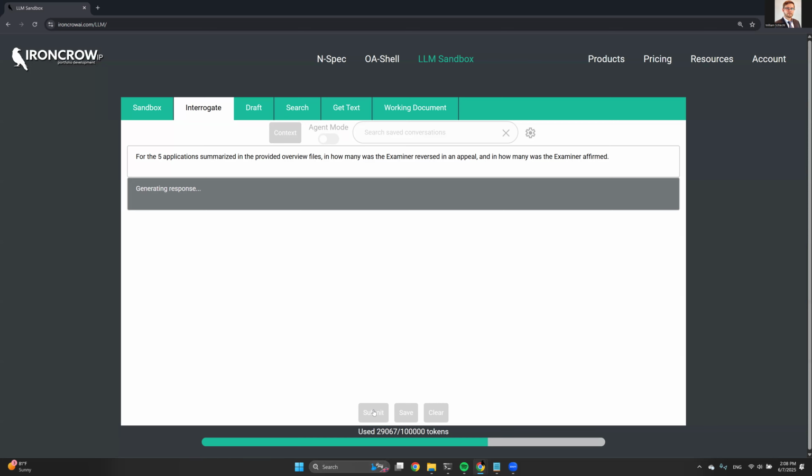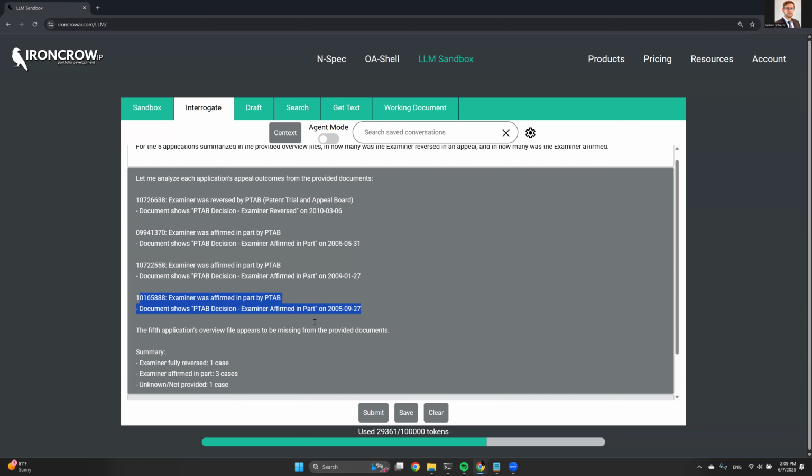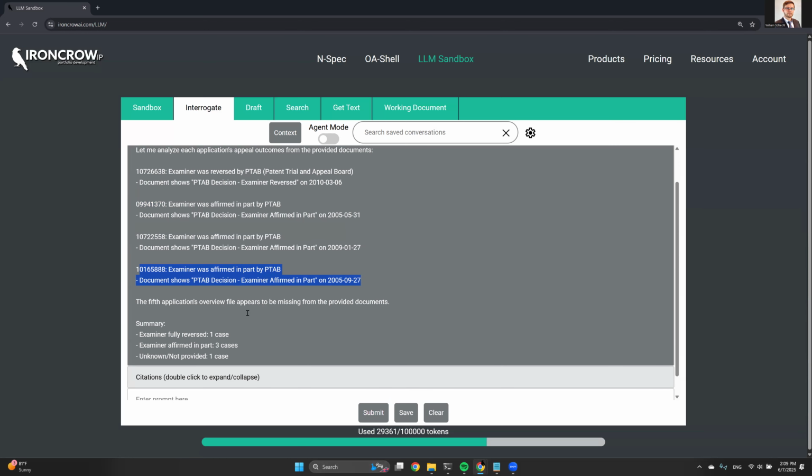So yeah, this allows you to do lots of different types of search research. So let's see what the answer is in this case. Let me analyze each application's appeal outcomes from the provided documents. So examiner was reversed, affirmed in part for this application, affirmed in part again, and then affirmed in part a third time. And then, yeah, I think it wasn't able to see